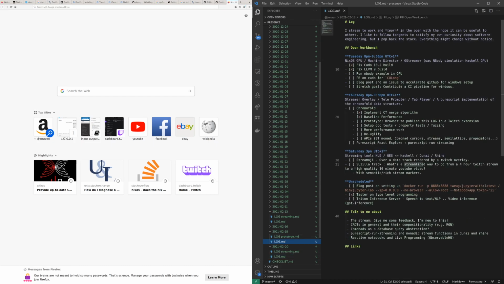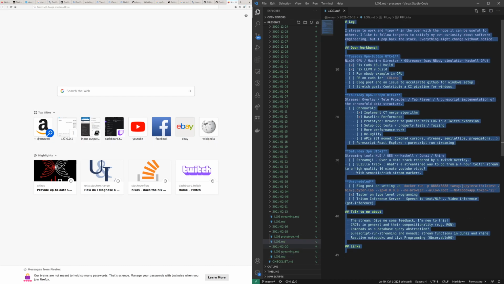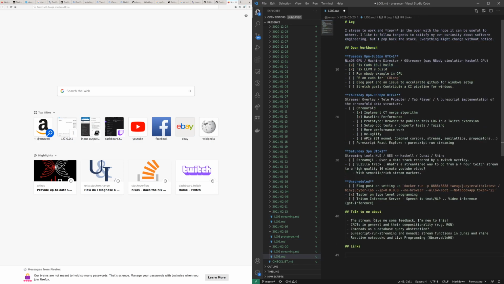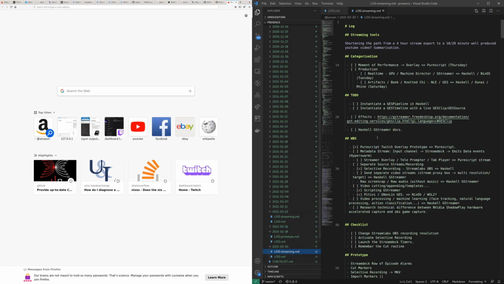And right, the log structure wasn't updated yet at this point, so I'm going to update it. Let's save it. There we go. And go into streaming. And right, so we had a little to-do set for us. So we already dealt with this categorization idea, but I suppose I'll leave this here. This is sort of the driving idea behind what we do on Thursday, which is playing with the metadata layer and a performer overlay